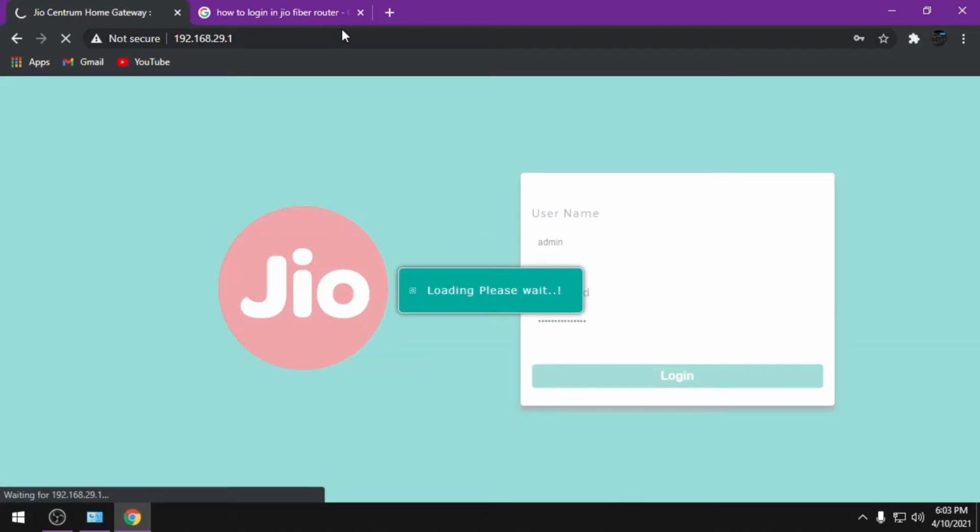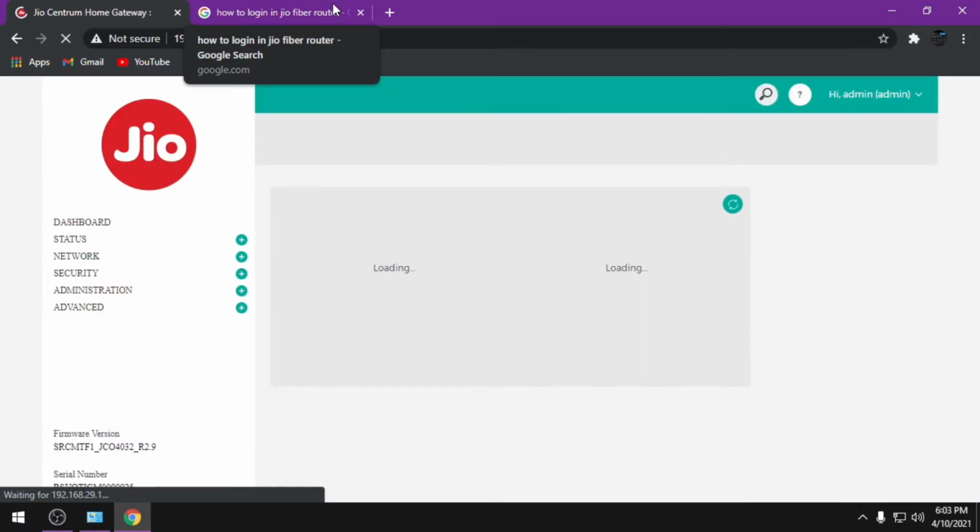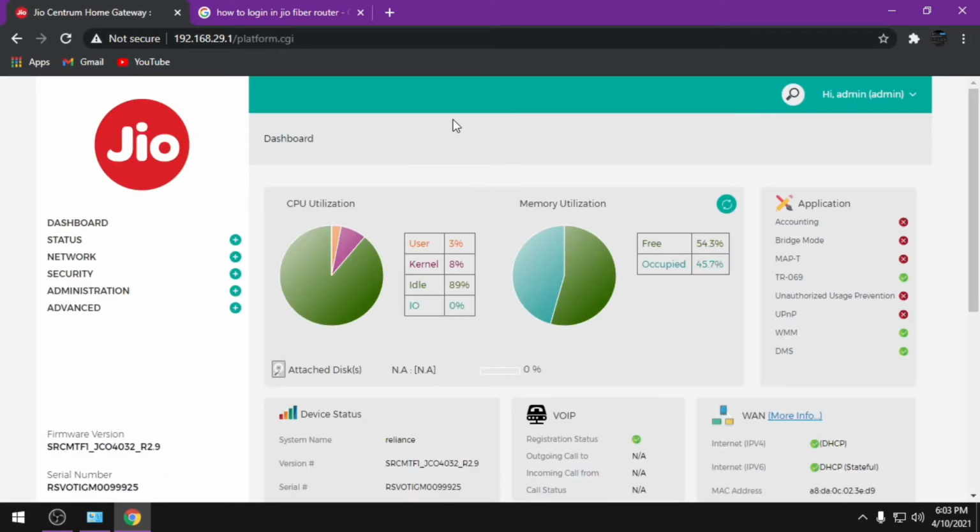After logging in, it will ask you to change the password and all other things you need to do on your own. I have already done it, but you can do it yourself. The first letter should be capital and the rest normal, and in the middle you need to keep any @ or hashtag, then any number, so that you can fix it easily.